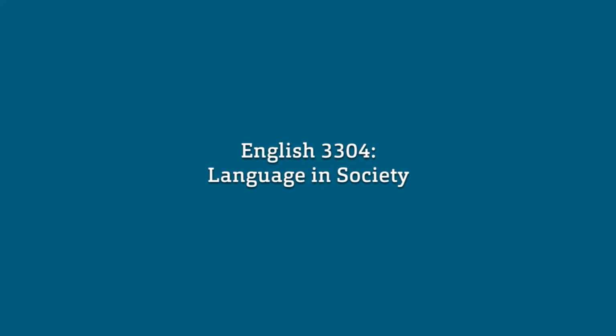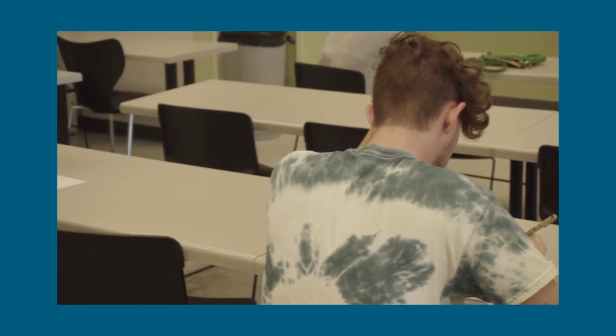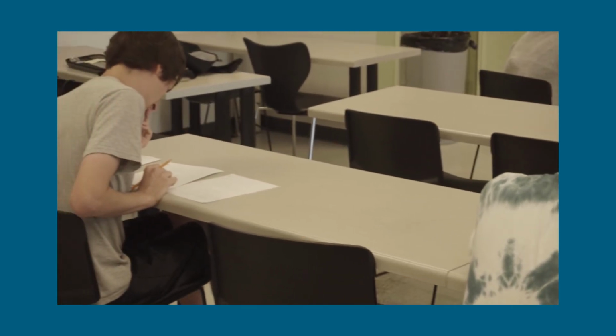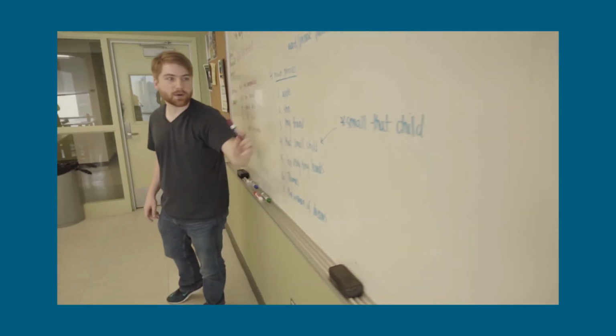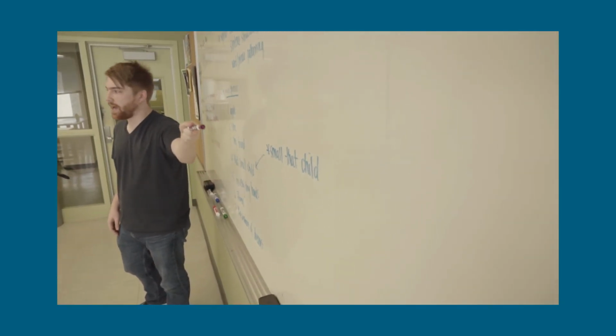English 3304 is usually the last course students take in the sequence of courses. It's called Language and Society, and we look at how language intersects with other kinds of social factors like race and gender and cultural background and religion, for example. And so we look at how we use language to shape those features about ourselves and about who we are. This course also has an intentional focus on research methods in sociolinguistics, so students get the chance to choose their own research topic on any language phenomenon in the world and write a paper that discusses how that language works in society.